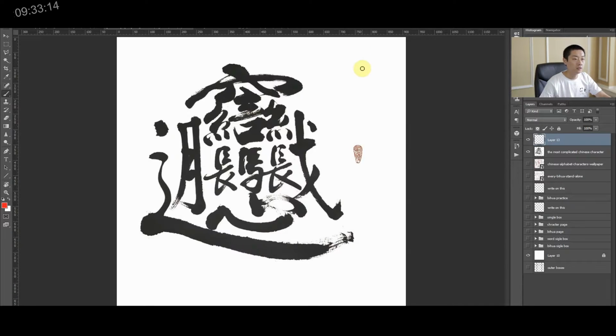The Chinese writing system goes from left to right and from top to bottom. So if I were to write this word, I'll go something like